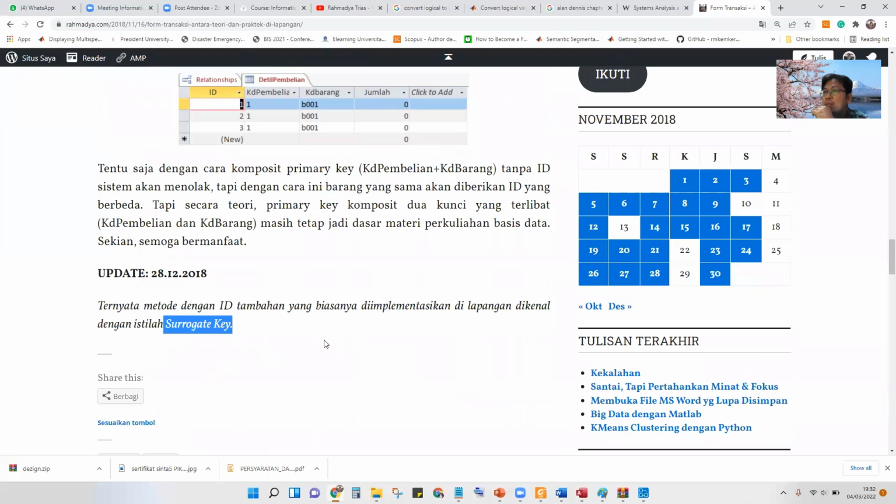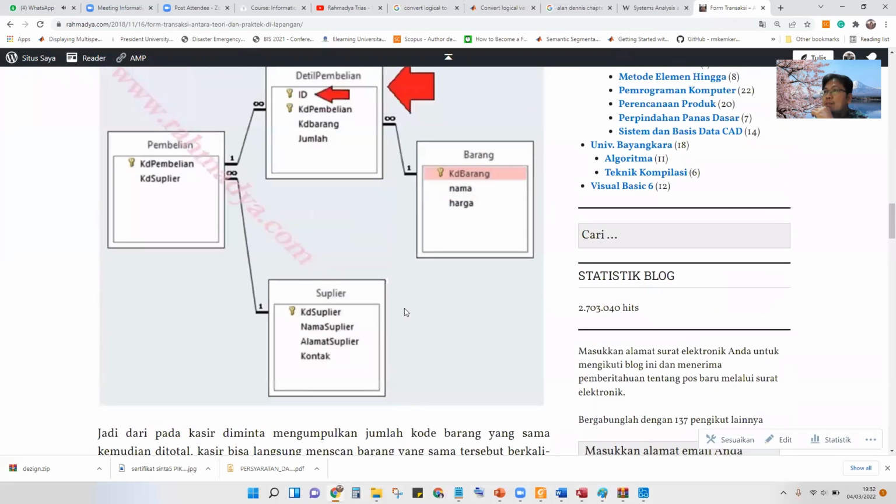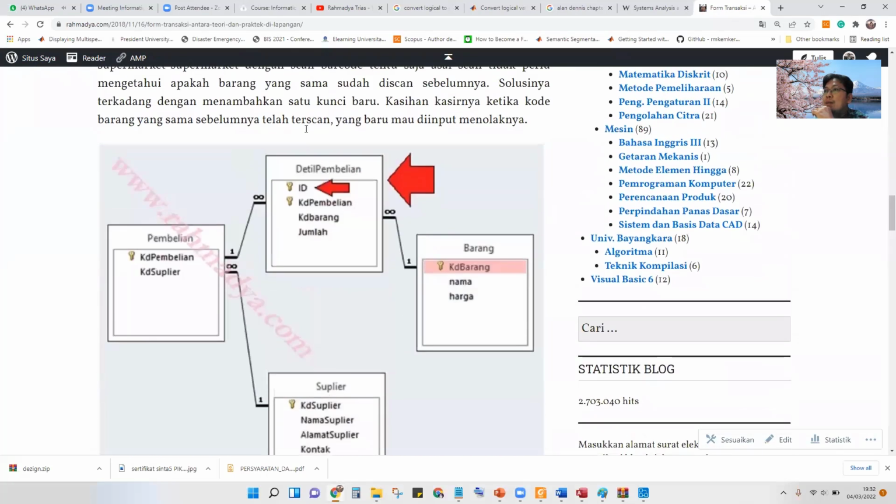This is the surrogate key, ID detail, to avoid supaya kasirnya itu nggak ngumpulin seluruh telur berapa jumlahnya gitu, jadi langsung aja scan, asal scan aja nggak usah dikumpulin.